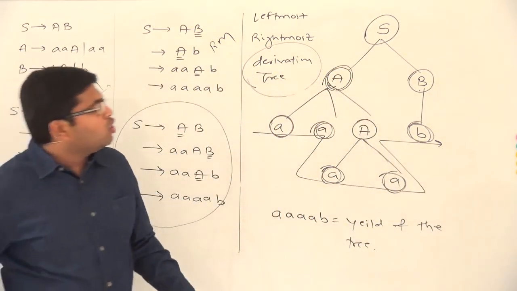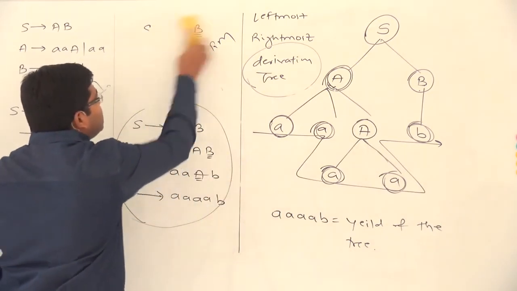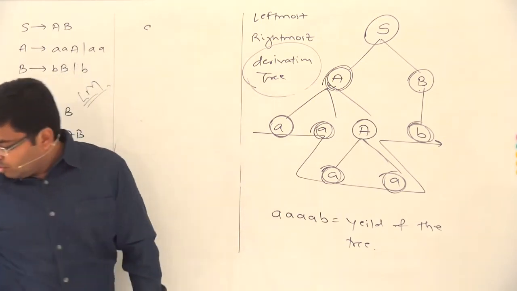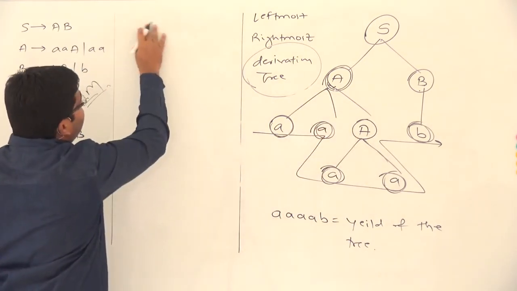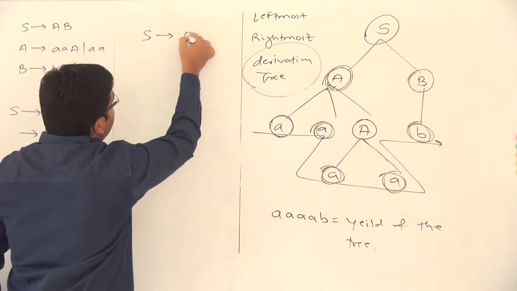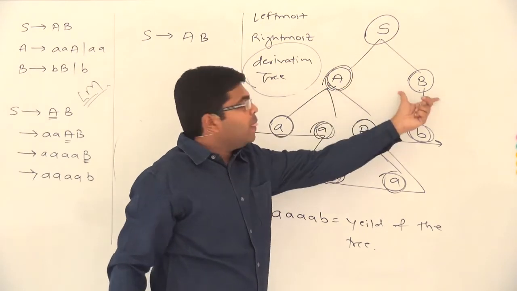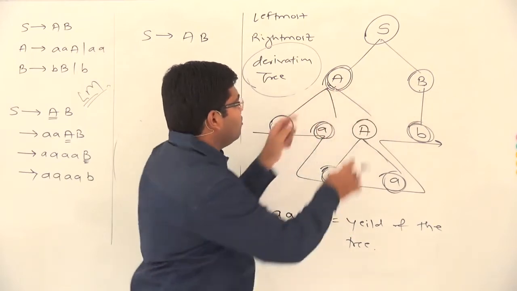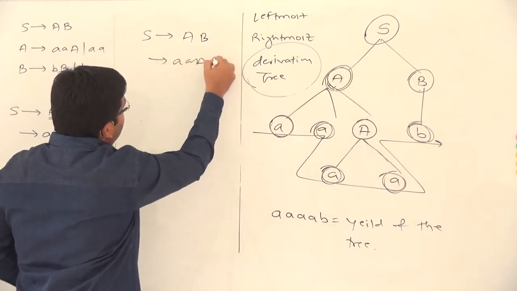Now, if you want to obtain the leftmost derivation from the tree, how can that be done? Let us try. What we will do is every time select the leftmost variable. So the starting production to be applied will be S produces AB. Then we will get a tree like this, S produces AB. Now we can select either A or B, but because we want leftmost derivation, we will select this A. Now it will become A A, capital A and B.